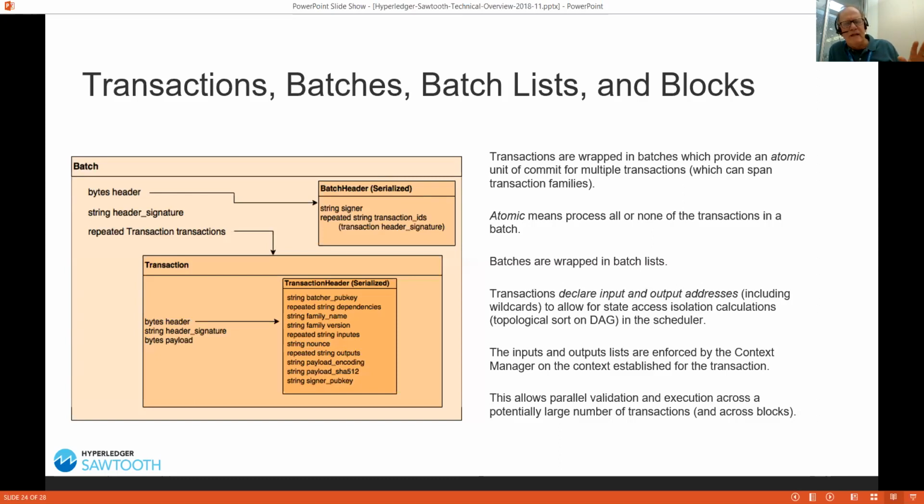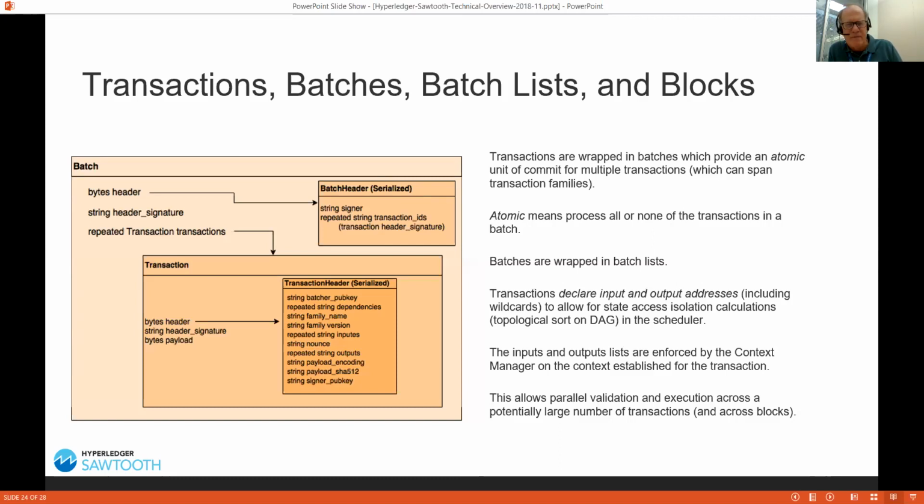So let's go back to transactions. In a transaction, we have the payload, as I just mentioned. You have a checksum of the payload in your header, and you also have the signature of the header in your transaction. So you have three things: the header, signature of the header, and payload. And the header is your hash of the payload. So that all is used to prevent